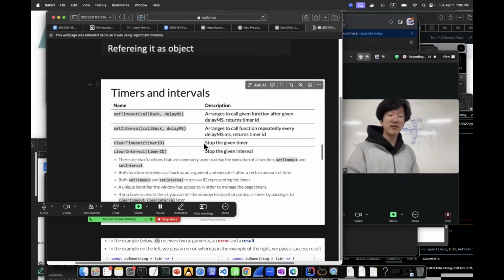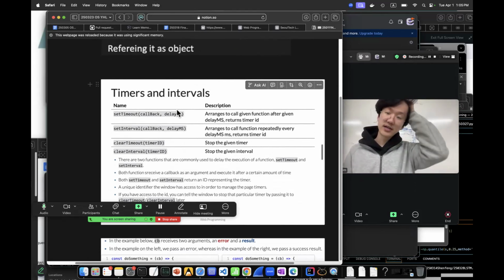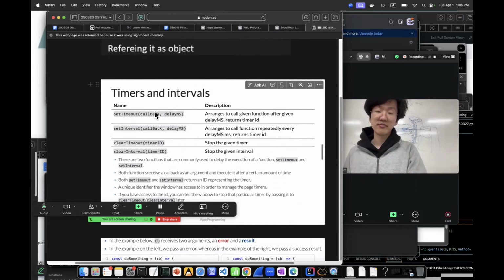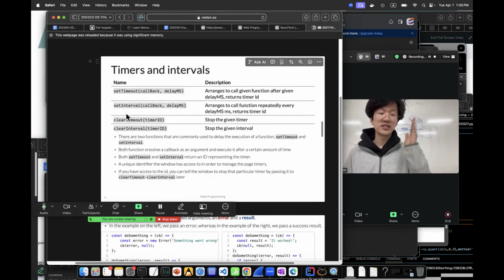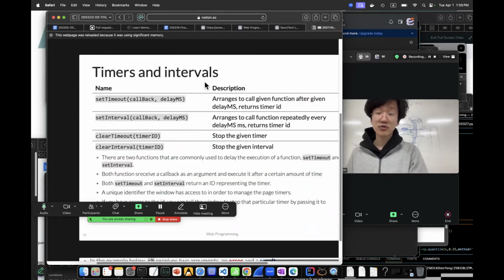And there's a very important concept related to asynchronous, which is the timer, setTimeout. In JavaScript it uses milliseconds, so 3 seconds will be 3000. Then 3 seconds later you can pop something up. With setInterval, at each interval you can do something, and you can stop it with clear timeout. We will see that. This is how the function looks.